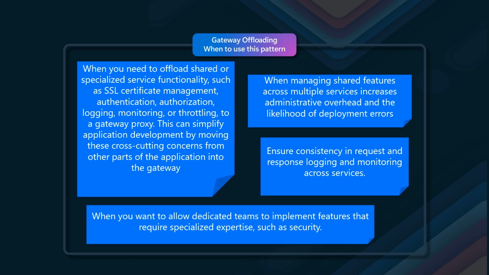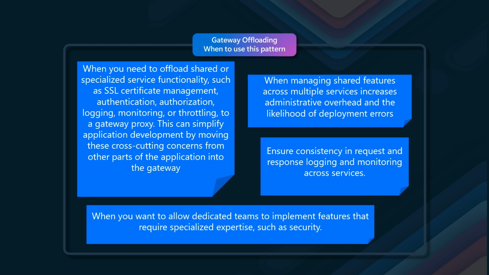The gateway offloading pattern should be used in the following scenarios: shared or specialized service functionality. So when you need to offload shared or specialized service functionality such as SSL certificate management, authorization, authentication, logging, monitoring, or throttling to a gateway proxy, this can simplify application development by moving these cross-cutting concerns from other parts of the application to the gateway, reducing